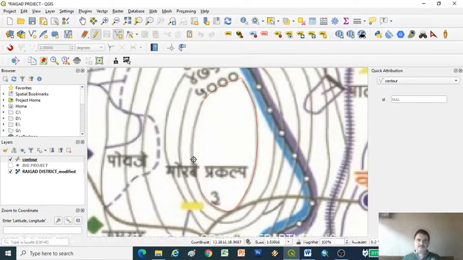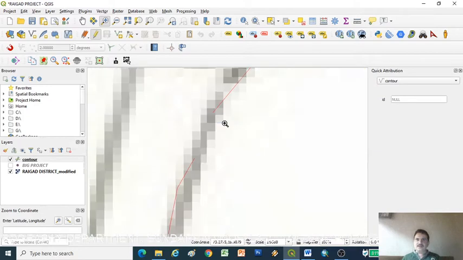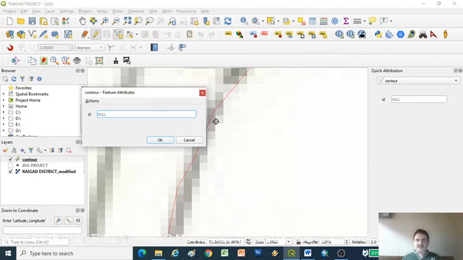So click, and when it's finished, I want to see where it finished, so I go directly to zoom, click on it, and zoom the layer. Then again click on add line, so we see the line which is connected, connect the line and make a right click. When it connects, there is a yellow mark. So this is my first line, so I give the ID as number one, click OK.